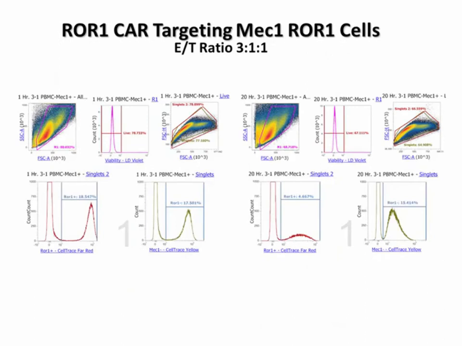So now we're using the same assay using two separate dyes. In this case, we're using a cell line called MEC. One of the MEC cells we have transduced with ROR1, so this is ROR1 positive MEC1 cells, and then we have the ROR1 negative, the normal MEC1 cells. And so again, we can see in this plot, now we have an E to T ratio where we have 3 effectors to one of the ROR1 positive cells, shown in red, and one of the ROR1 negative cells, shown